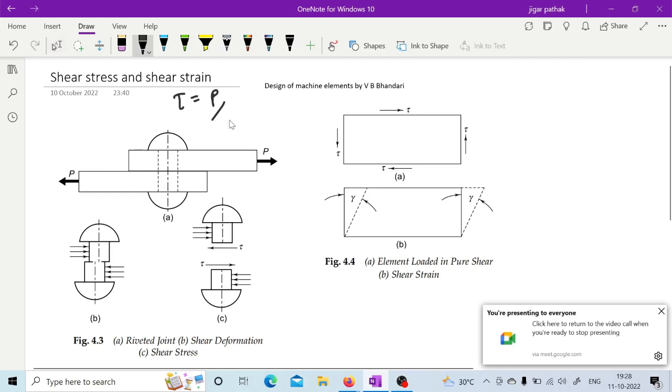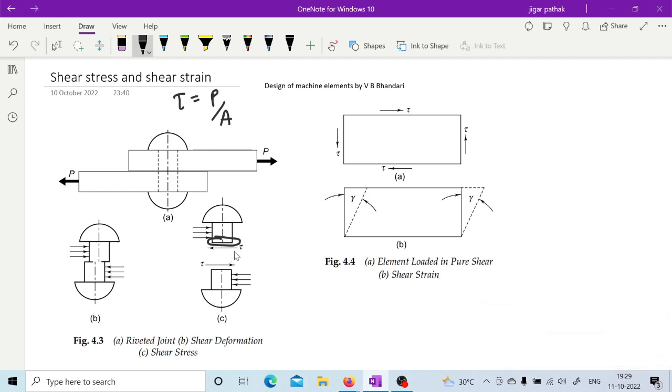So this tau is equal to P by A. Here, as you know, this is the area on which this stress is acting. This is how you have this area parallel to the axis of force, so this is how you have this shear stress. Now sometimes, due to this shear stress, there is a change in shape. This particular gamma is known as shear strain,